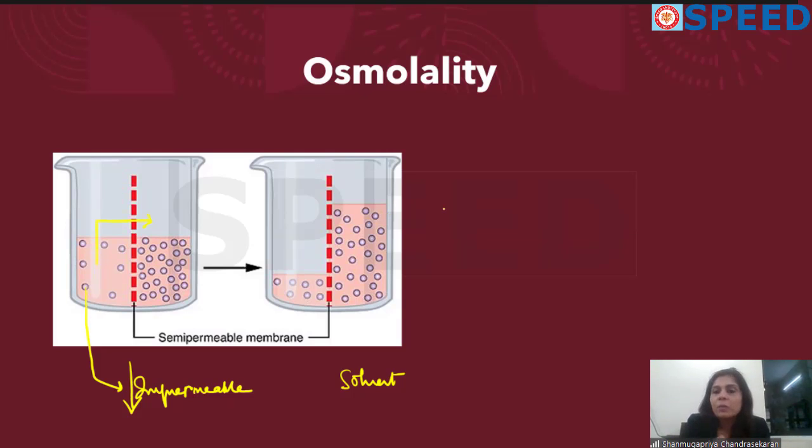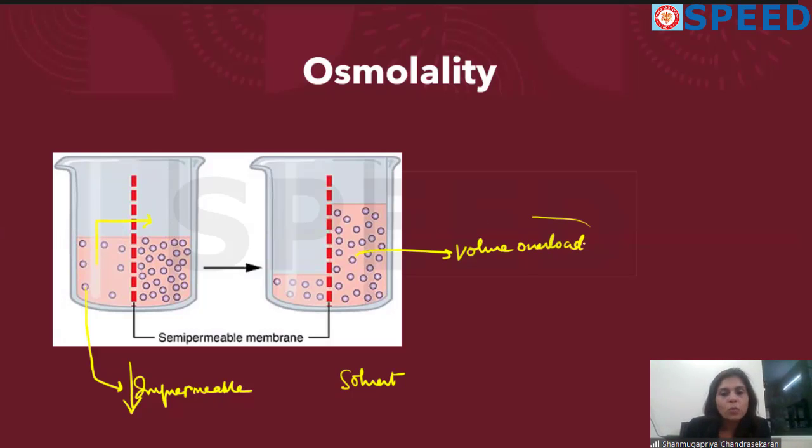Okay, so are you worried about such osmotic movements in your body? Yes. Suppose in the circulation there is an impermeable solute that has accumulated. It is going to cause movement of water from the cell into the interstitial fluid and then into the vascular fluid. And that is going to,